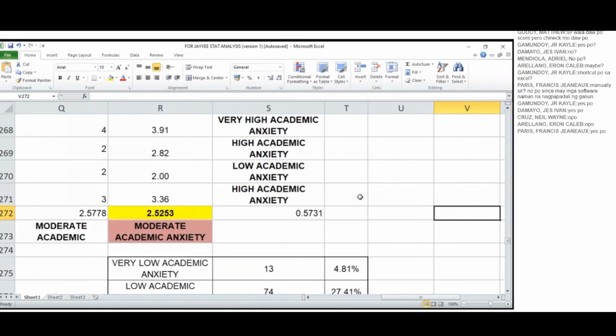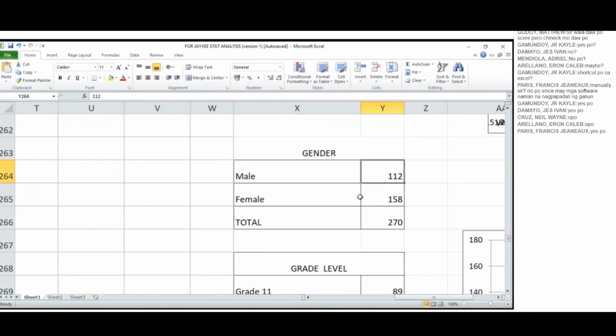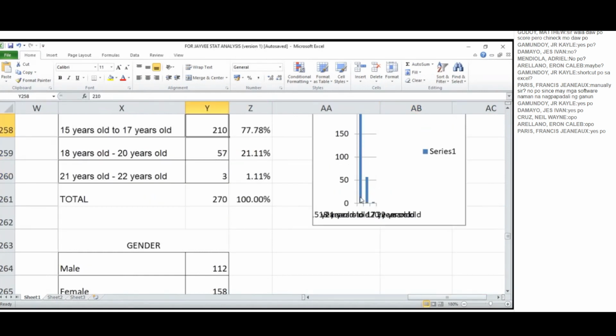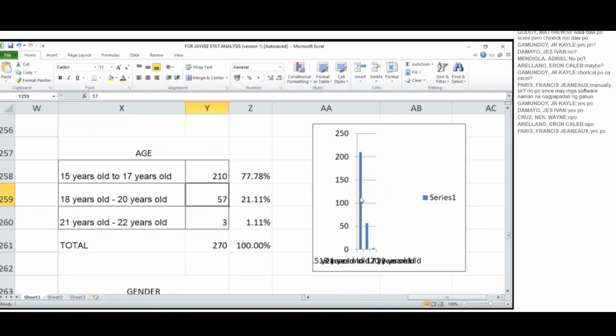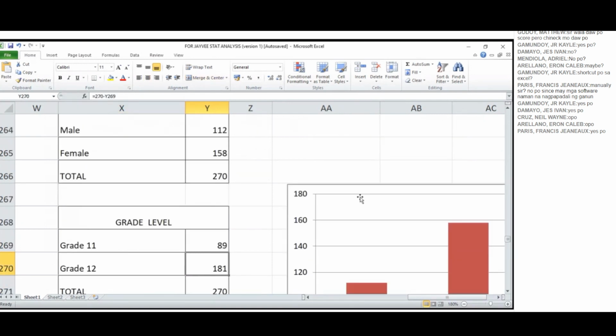So nandito yan. As you can see here, there is a count and percentage summary. We have 210 respondents that are 15 to 17 years old, 57 respondents that are 18 to 20, and 3 respondents that are age 21 to 22. For the gender, we have 112 males and 158 females. And for the grade level, we have 89 grade 11 and 181